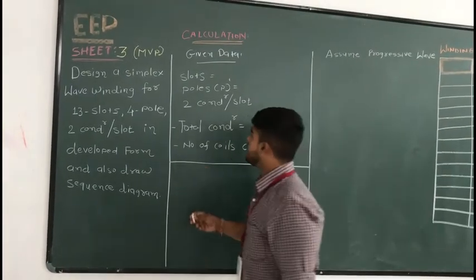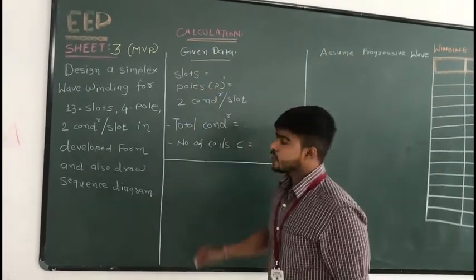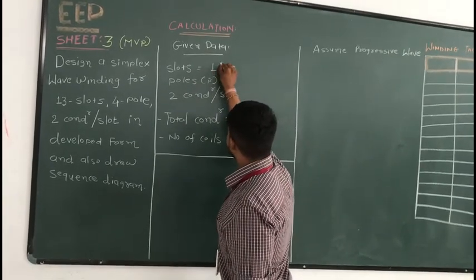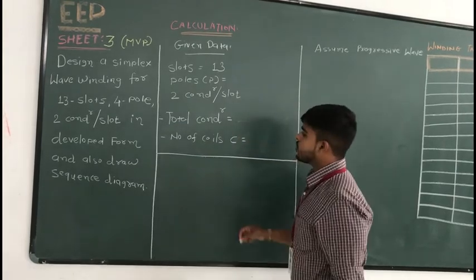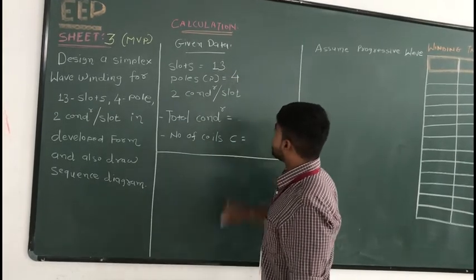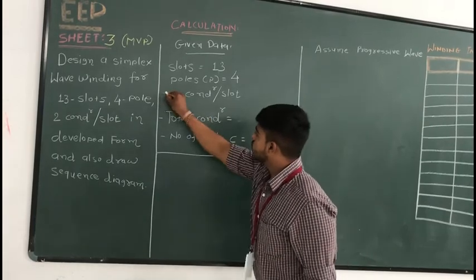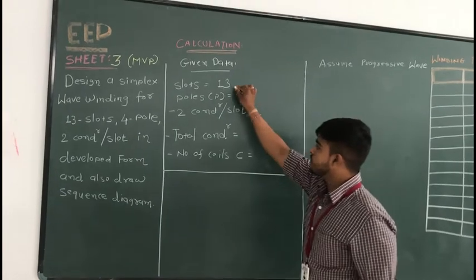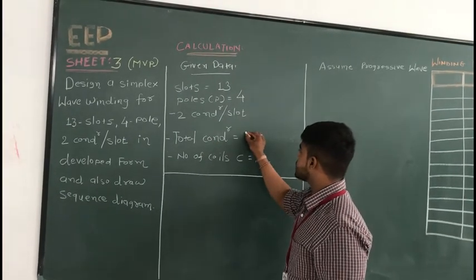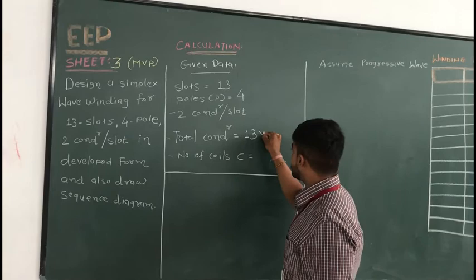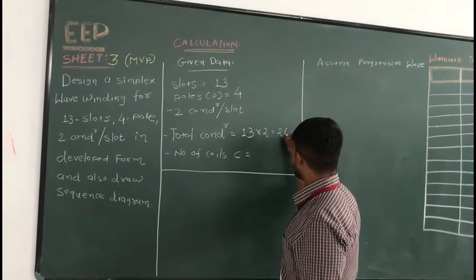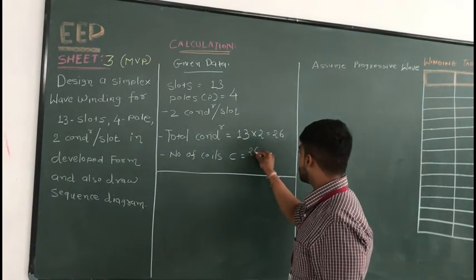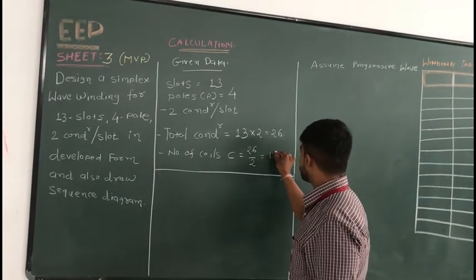First of all, given data: number of slots is equal to 13, number of poles is equal to 4, and 2 conductors per slot is given. So from this data we can find total number of conductors is equal to 13 multiplied by 2, which is equal to 26. So total number of coils C is equal to total conductors divided by 2,